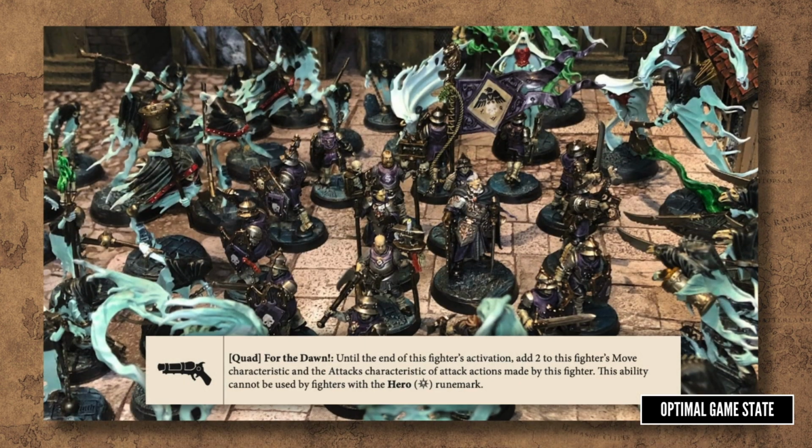The quad is For the Dawn, which will add 2 to the move and attacks of a fighter. This cannot be used by a fighter with the hero runemark. A quad would normally let you move and attack, so you'd need a very specific profile to have this ability